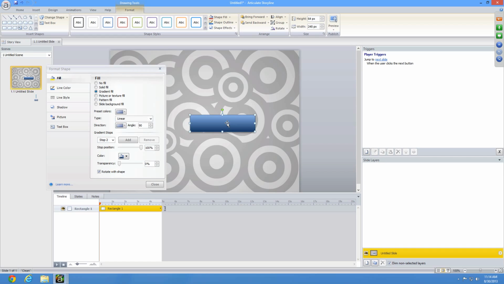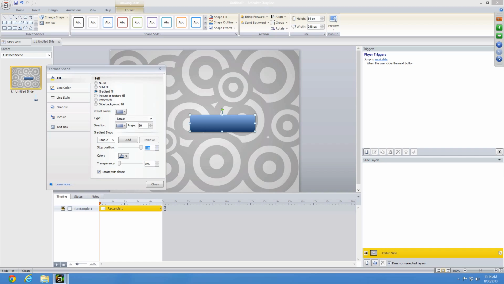Well, if I wanted to get that reflection type of look, all I have to do is basically change my stop position to 50. If I change that to 50 on stop 1, come over to stop 2 and do the same thing here, you'll notice maybe that's a little bit light of a color. If I go a little bit darker here,